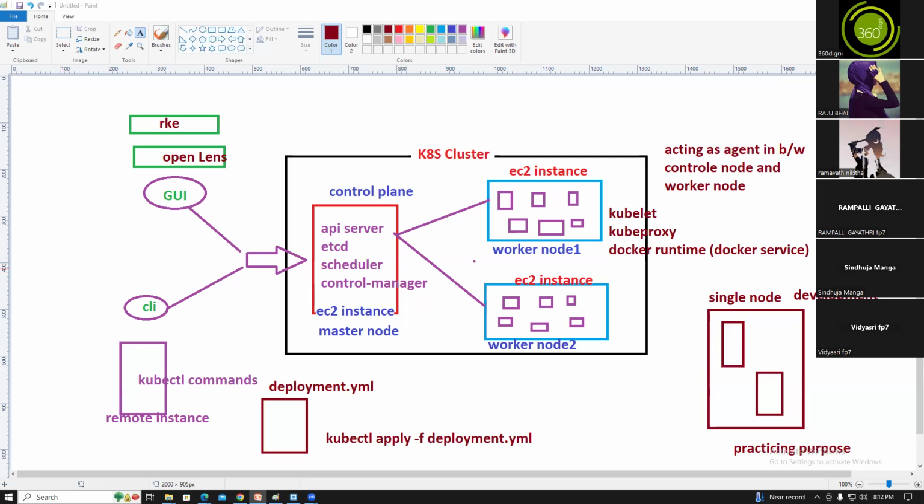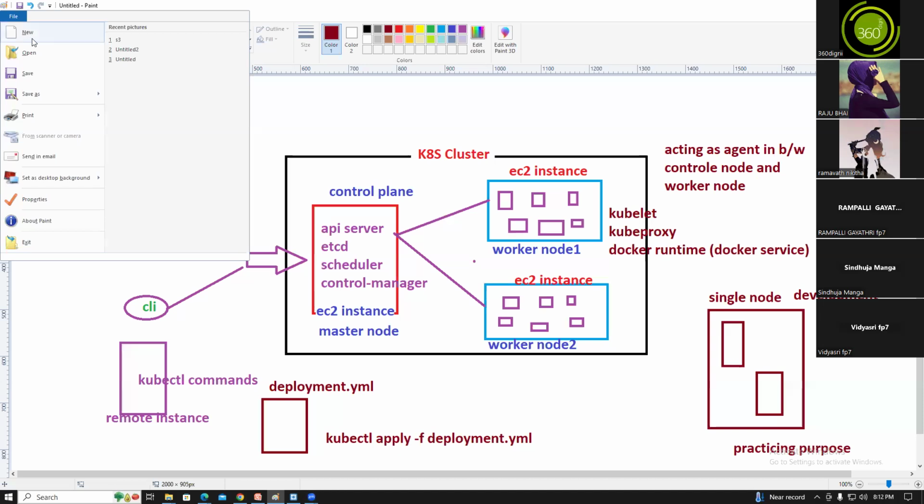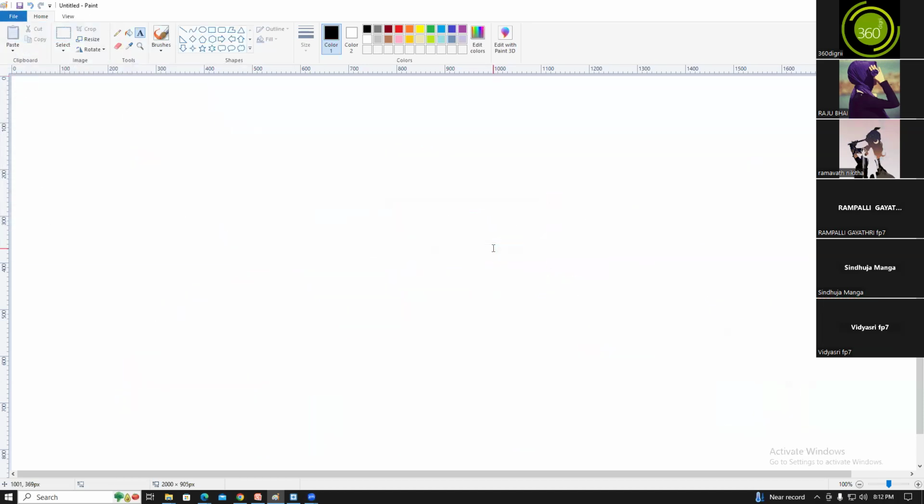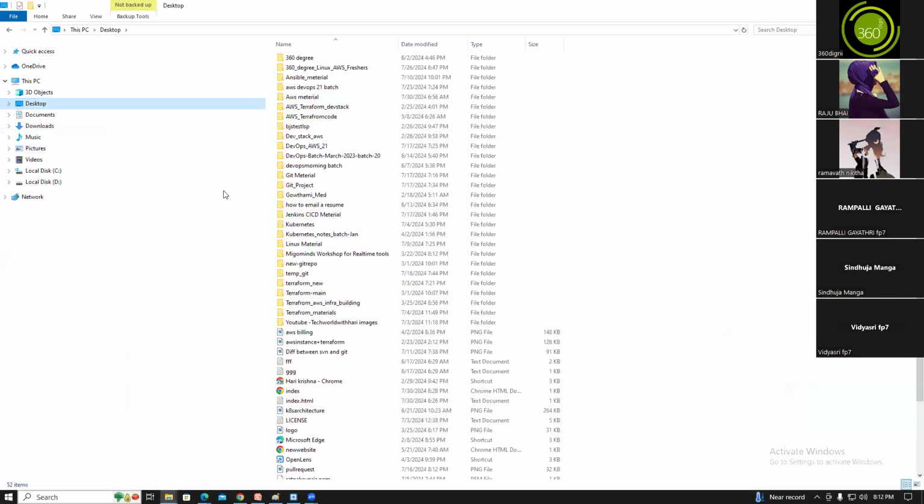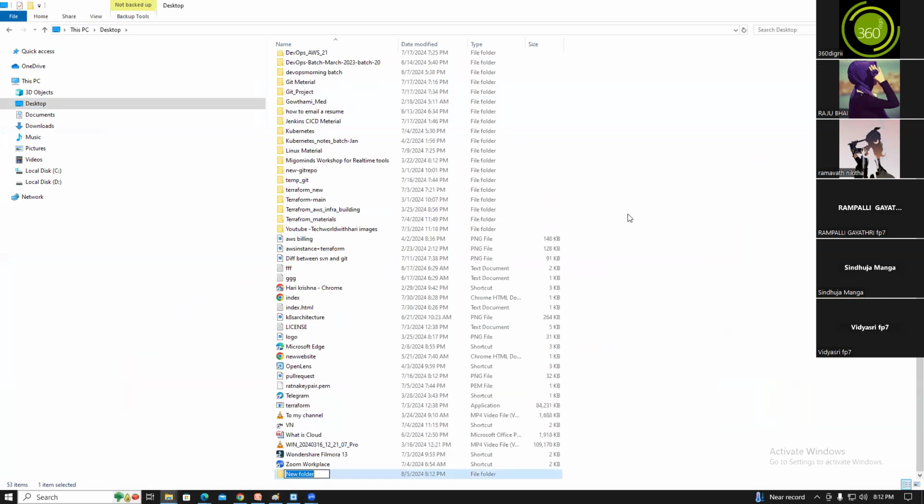Okay, so yeah, guys. So I'm creating a, yeah, one second, guys. The desktop, I will create a 360-degree AWS and Linux